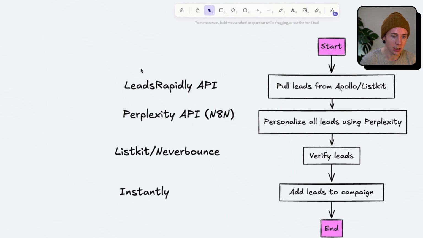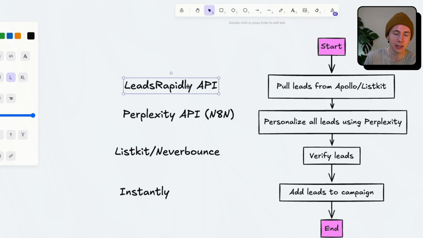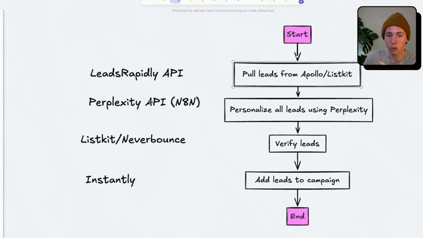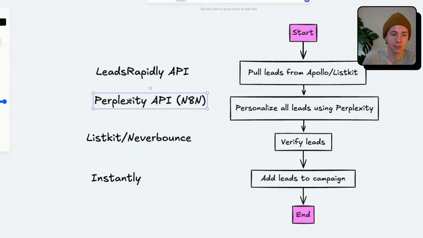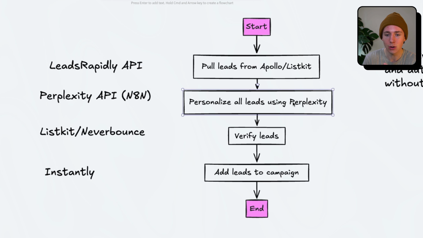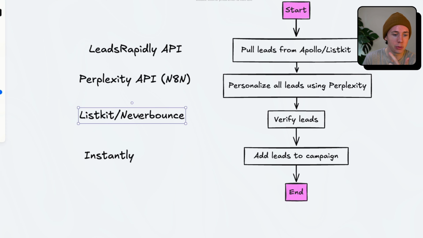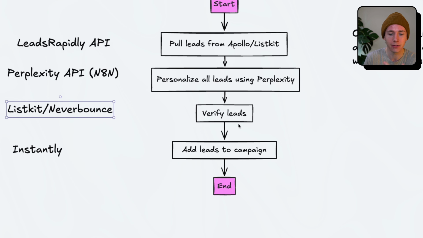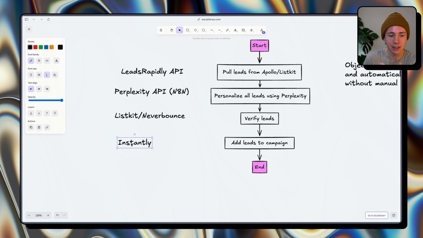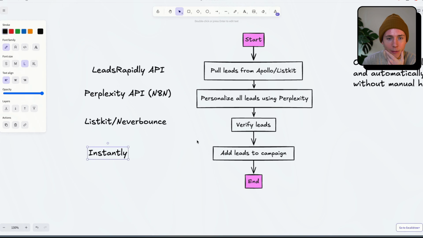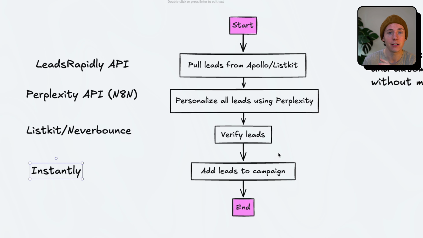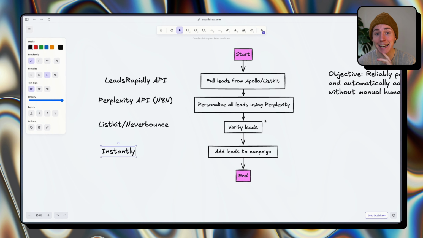And we'll be using Leads Rapidly to source leads and scrape leads from Apollo. We'll be using Perplexity's API to personalize all of our leads. We'll be using ListKit or NeverBounce to verify the leads, and then we'll be adding the leads to an Instantly campaign. And this will all be automated inside of a locally hosted N8N scenario, such that we're keeping the cost